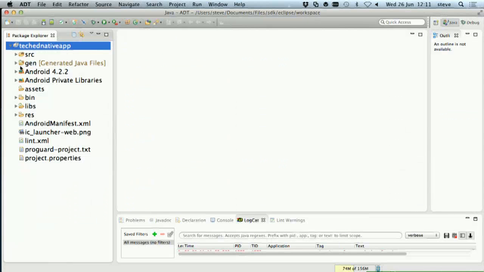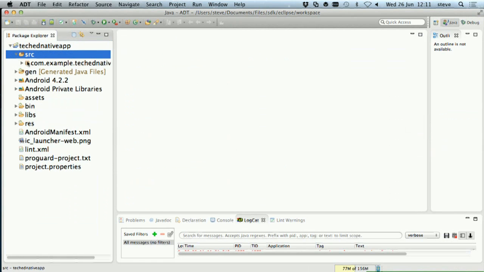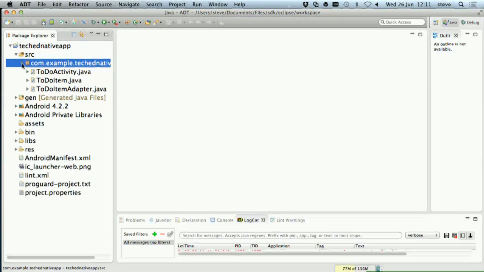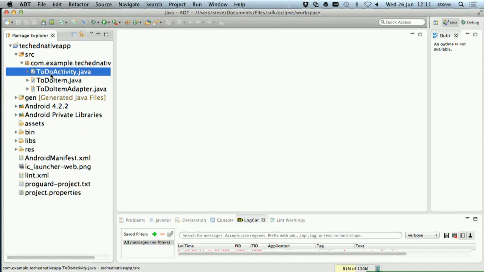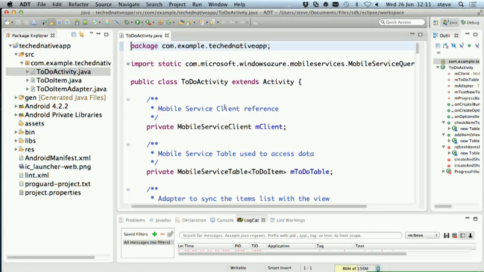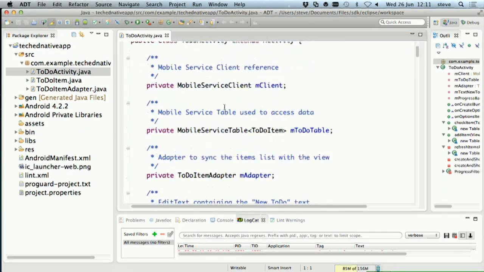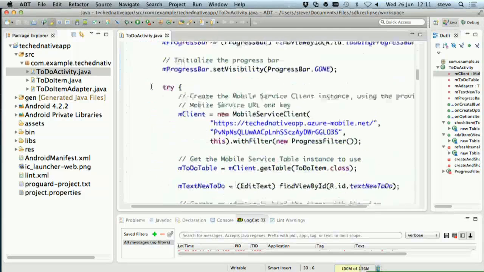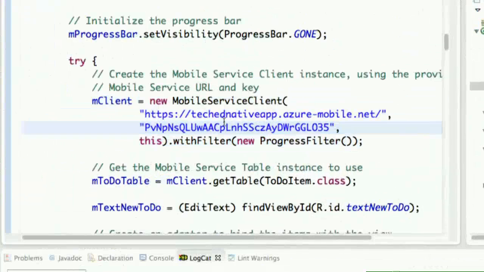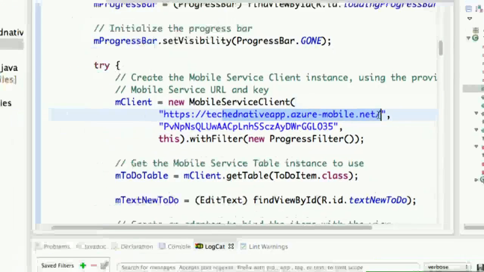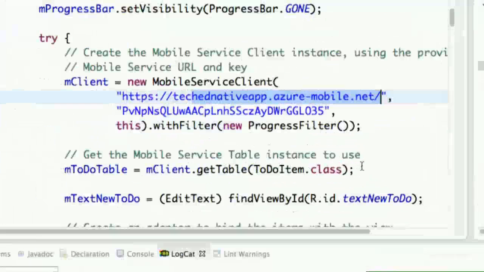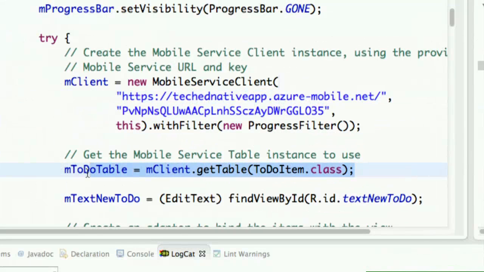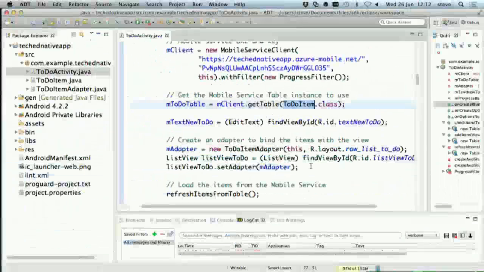Let's see a little bit of code. For those of you who are not familiar with Java, don't worry. I'm not going to show you too much. There will be a bit of Java in this talk. So you can see the APIs work like this. Firstly, there's an object of type mobile service client, and that gets created when the application first starts up. So it creates an instance of mobile service client and points it to the URL of this app. And then that thing is able to get references to tables inside the app. So this gets a reference to the to-do item table.